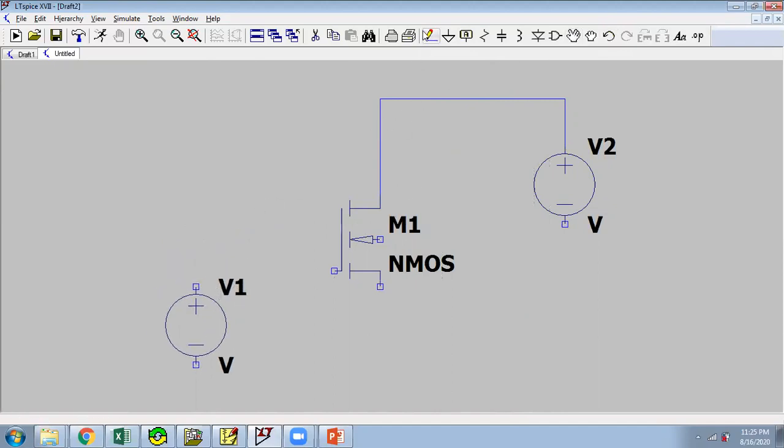Connect this voltage to this node. Now, either you can make ground common, or remember the fourth terminal, the substrate, will be connected to ground.